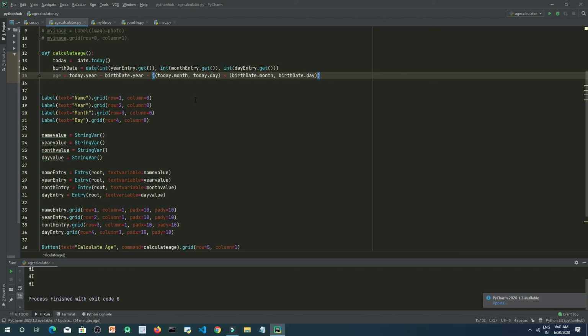Now let's move forward. We have calculated the age using this method. First we use today's year and subtract the birth date dot year, that is the year of the birth date of the user. Then we do the same here, actually comparing.